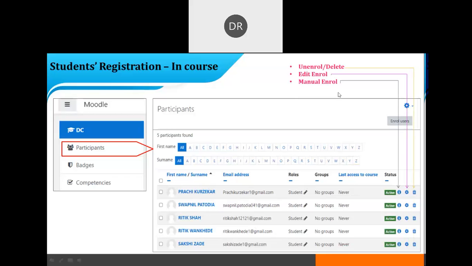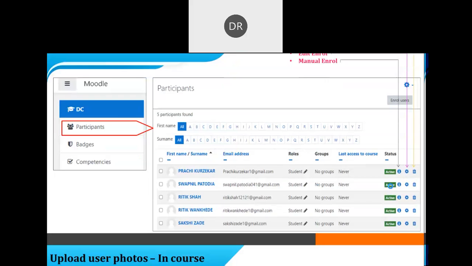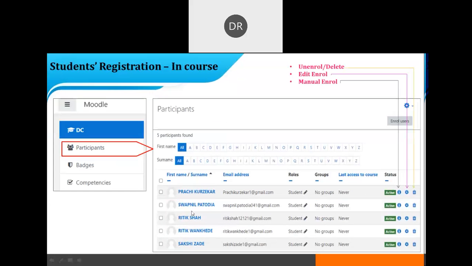You will find there are 3 tabs also. I will explain shortly what is enroll. You can delete the student also if any student gets enrolled by mistake. There is a delete option. If you want to do any correction, there is a manual correction also. You have to delete, edit. You can edit the data if there is a spelling mistake in the student's name, right? So you can edit manually here and save.